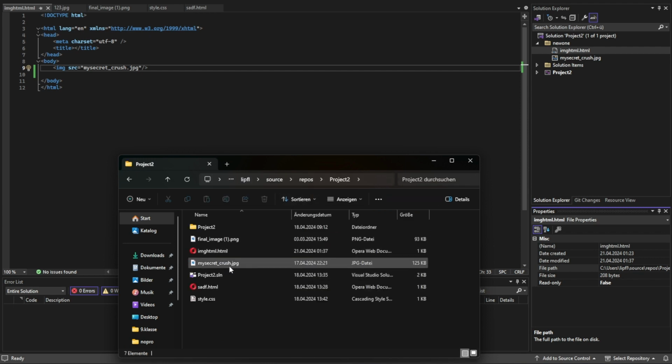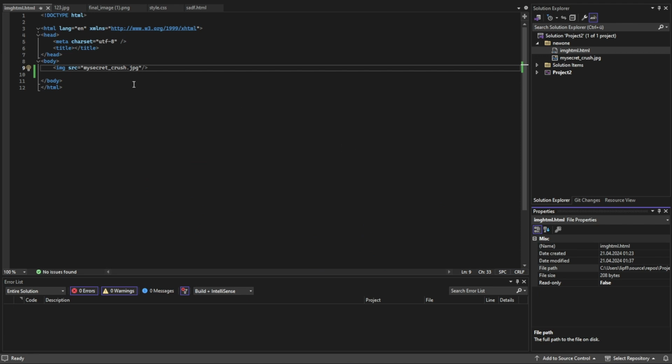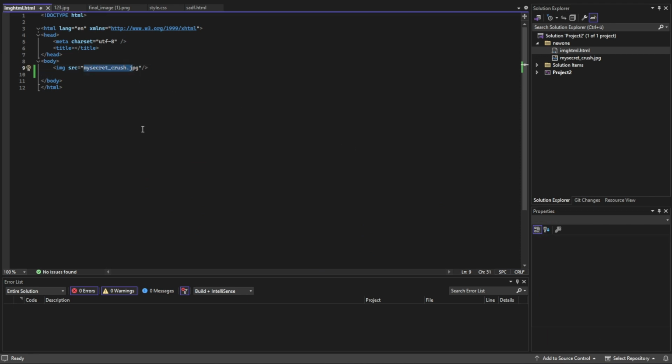And you should see if the right image is inside this folder. If it's not, just copy it inside here. I already copied it inside this directory, and if it's not there, just copy it there and everything is fine. Otherwise, you can also copy the entire path of the picture inside the source.